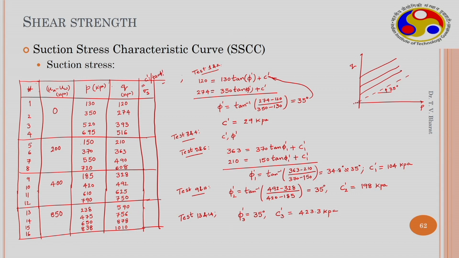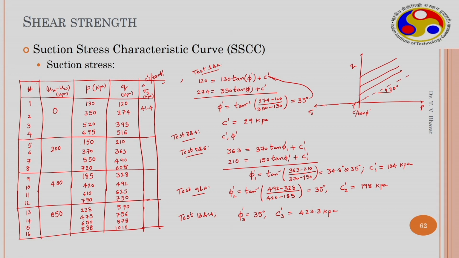So, this is the sigma s axis, and when this is extended onto the negative axis, this point is C dash by tan phi dash. So, C dash by tan phi dash for this value is 41.4 kilopascal,